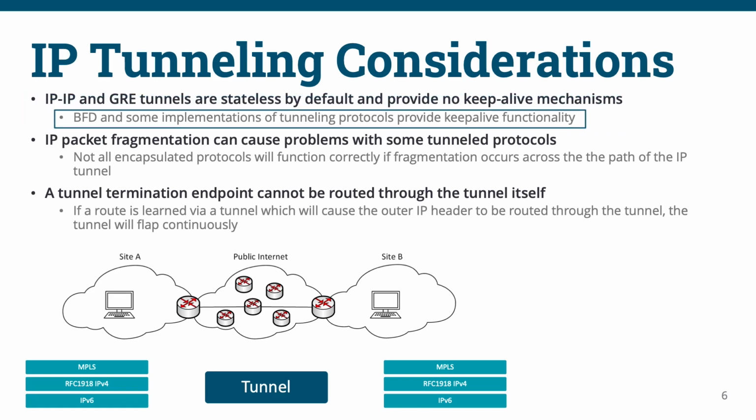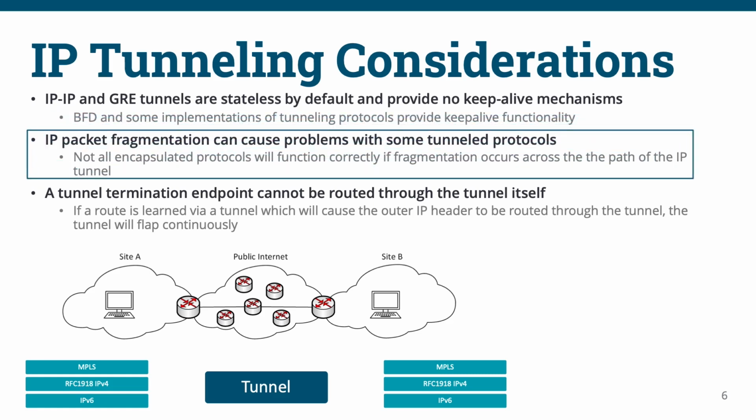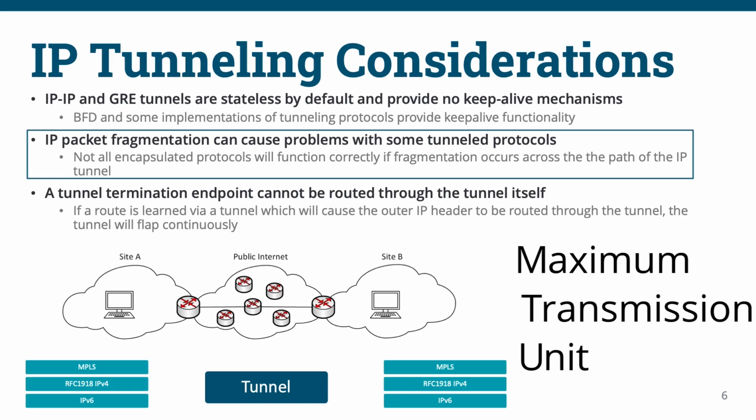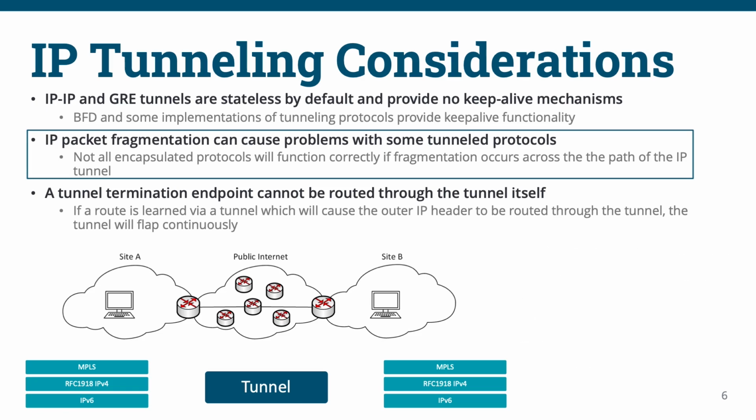BFD and some other protocols built into various specific tunneling applications can provide the tunnel with a keep-alive mechanism. Though by default and at its most basic configuration, both of these tunnels are stateless. The next consideration to take into account is packet fragmentation. Typically, network engineers don't need to care about fragmentation, at least not much. This occurs when the MTU, or maximum transmission unit, is smaller on a transit segment than on the endpoints, and